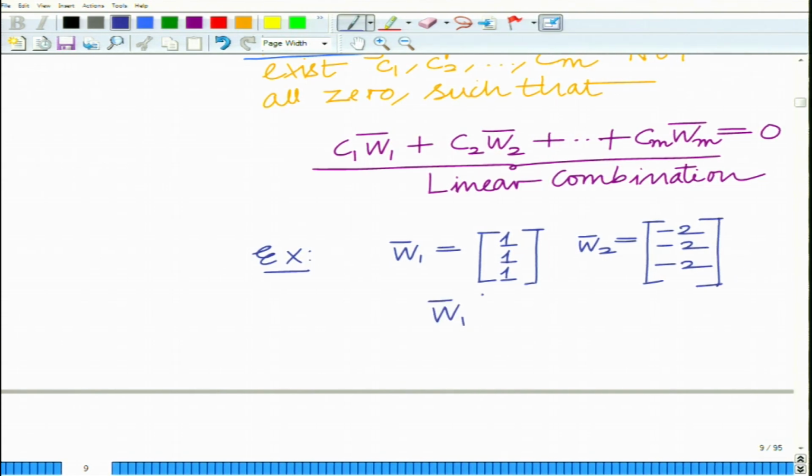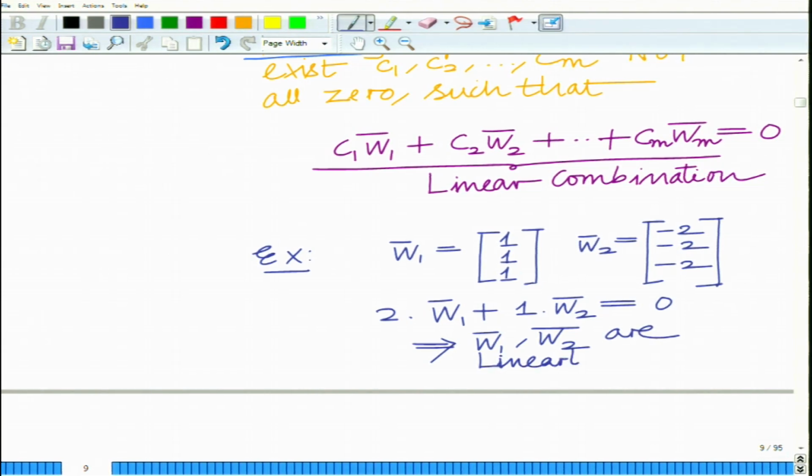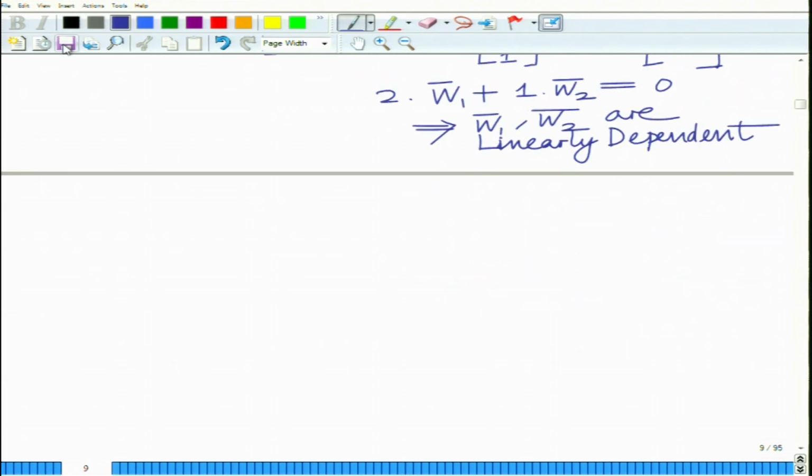Then you can easily see 2 times w bar 1 plus 1 times w bar 2 equals 0, implies w bar 1 comma w bar 2 are linearly dependent. These are linearly dependent. Now, on the other hand, consider another example, w bar 1 equals